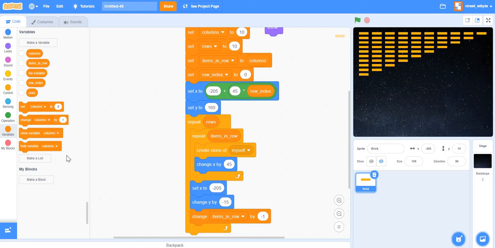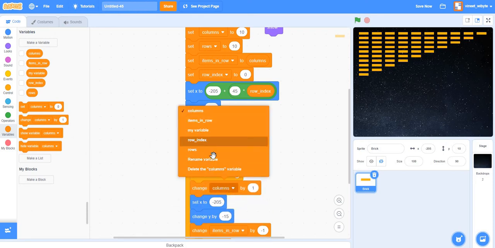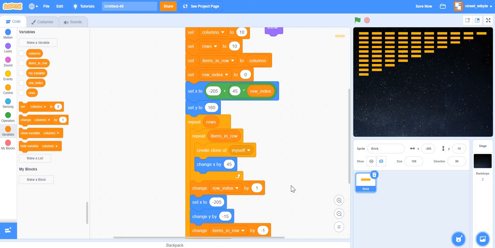So see this carefully. Let's say I say change row index by 1, which means I've finished a row. Now notice I've done this outside the inner loop. Be very careful on this. This is the whole crux of this loop. This thing creates one row of sprites, with the number of items in a row.